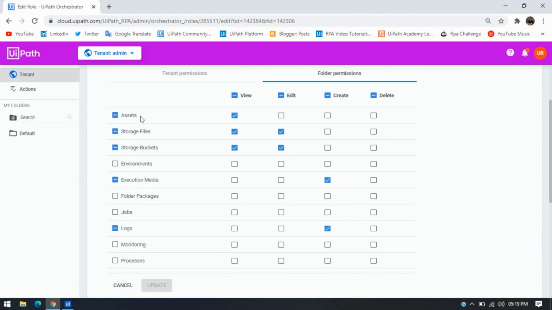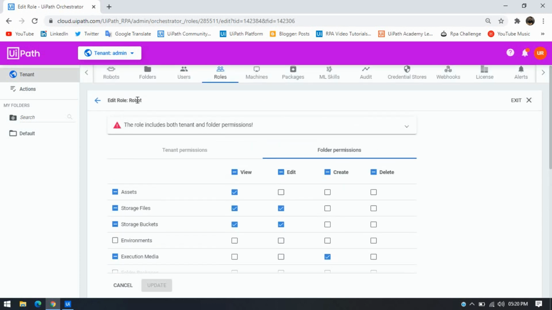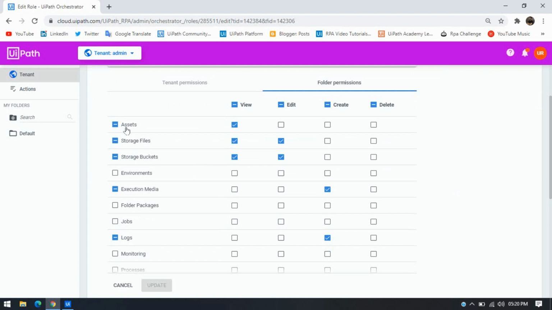So I'm going to search, this is the assets, right? So you have to search for that anywhere if you have that. Currently in my Orchestrator, I'm getting assets on top. You can see currently a robot has, so this one I'm going to change the access. I'm going to grant access for updating assets to the robot, right? So this is the assets. Now the robot has only access to view, so it means I can just get the assets.